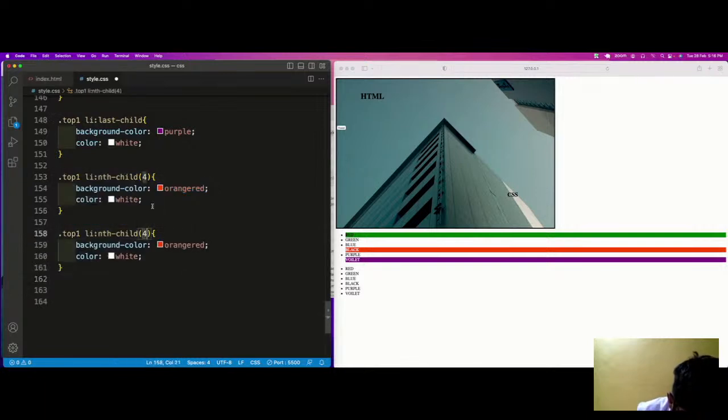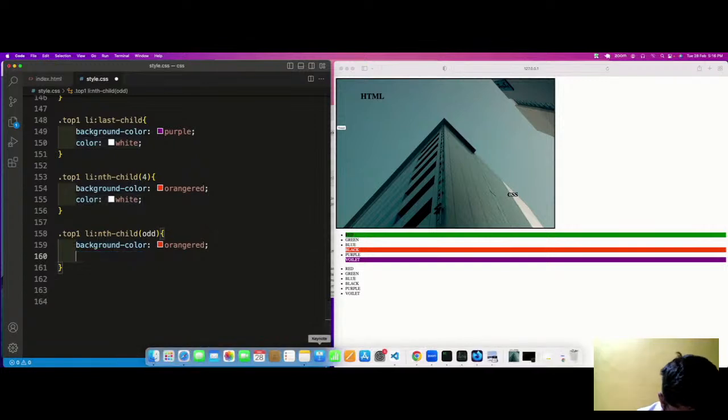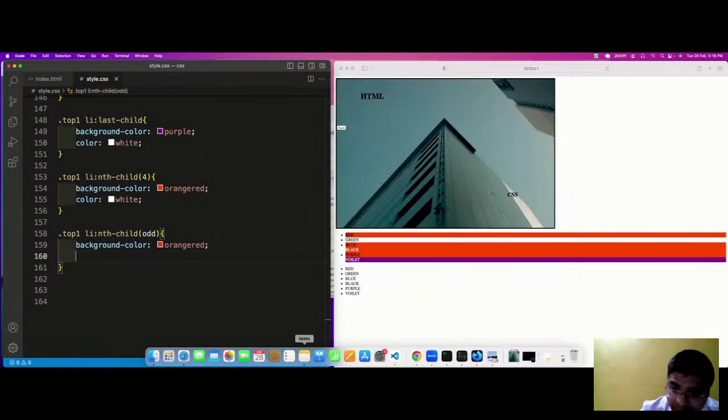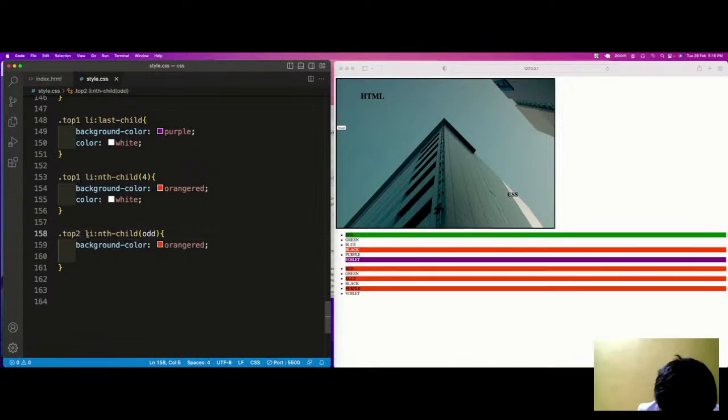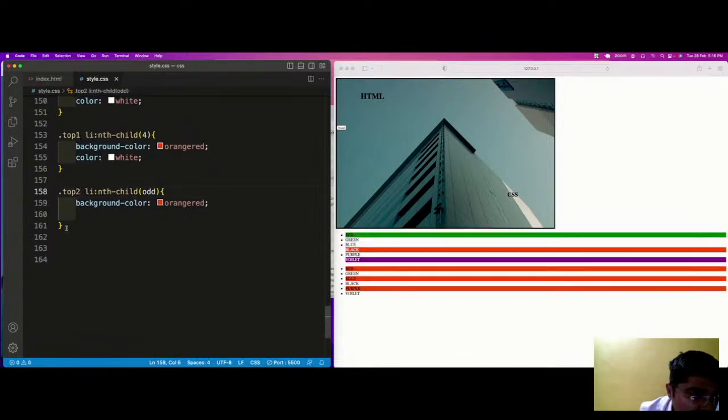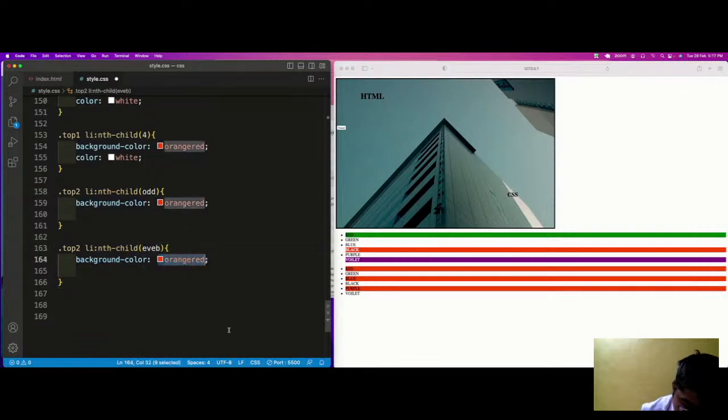So here, if I give odd, and let me move the color. Oh, I need to give top. Okay. And if I use the same thing for the nth child even, and let me have the color as